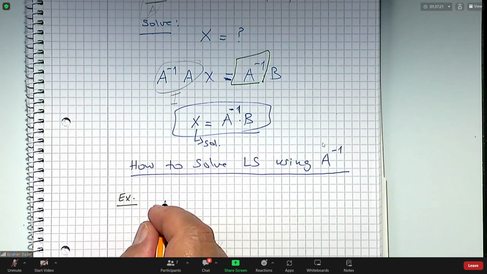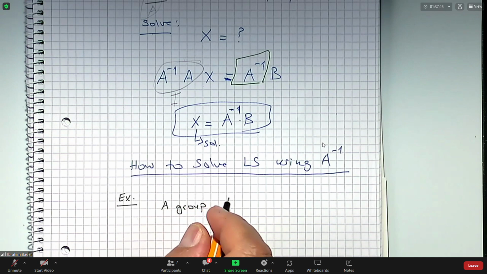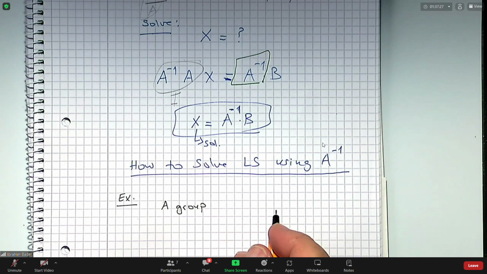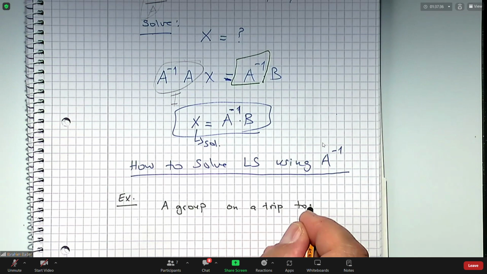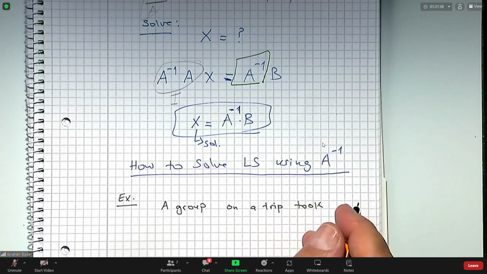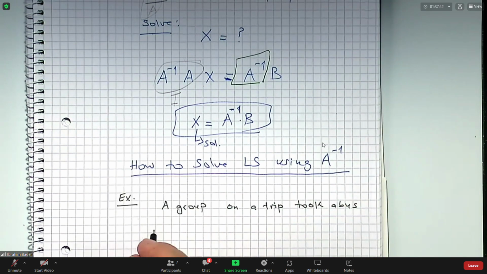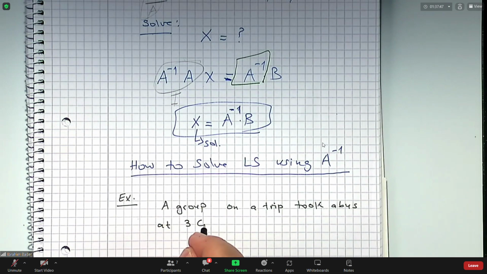A group of people on a trip. So they took a bus with the price €3 per child